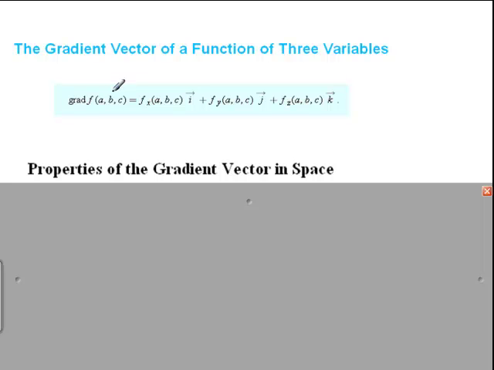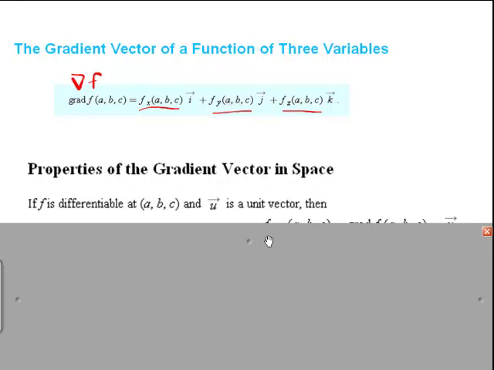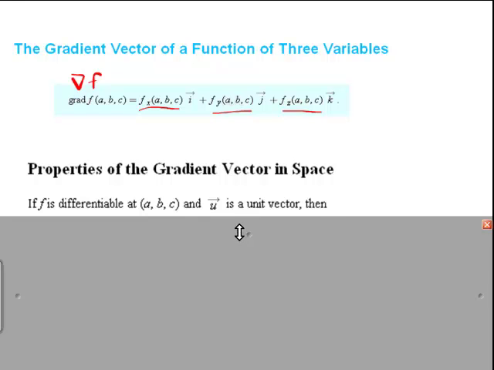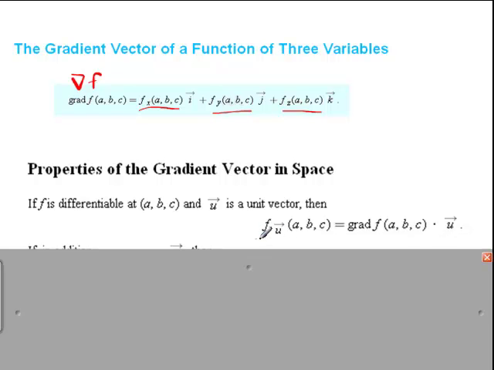So here's just a written definition of what we just did. The gradient of f is the partial derivative with respect to x in the i direction, plus the partial derivative with respect to y in the j direction, plus the partial with respect to z in the k direction. And we have some properties of the gradient vector which are analogous to the properties that we learned in the last section, which are: provided that f is differentiable and u is a unit vector, then our directional derivative is just the gradient times our unit vector,